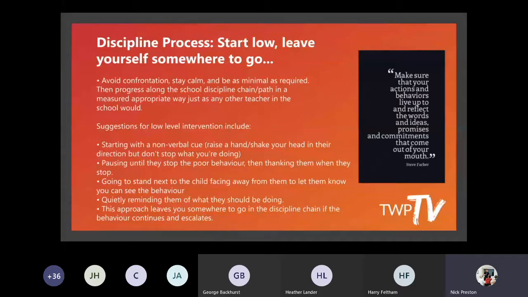So start with a non-verbal cue, which we'll talk about in a minute. Pause if it's still not working. Take them away, take them to one side and follow your sanctions and be consistent. And we all probably remember as kids, going back a lot longer for me than probably some of you, the look from our parents when we knew we'd done something wrong. So I need you to think about how you come across in your sessions. Do you have the look?